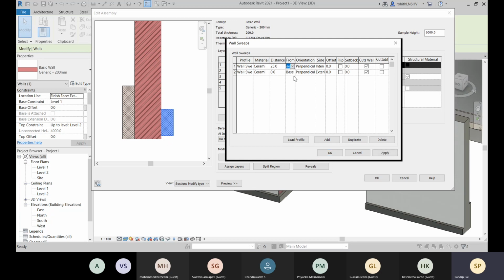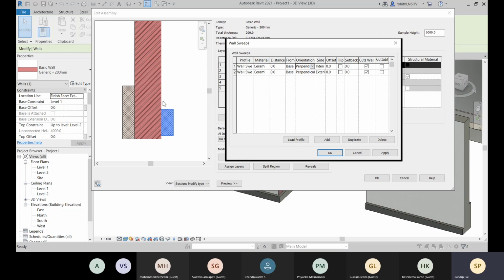So if you need to place it at top, like the cornice design we want to place, you can place it at the top. So it's similar. So you can do that. So let's go with that. And the orientation is perpendicular. So that's okay. And there is nothing to give offset right now.